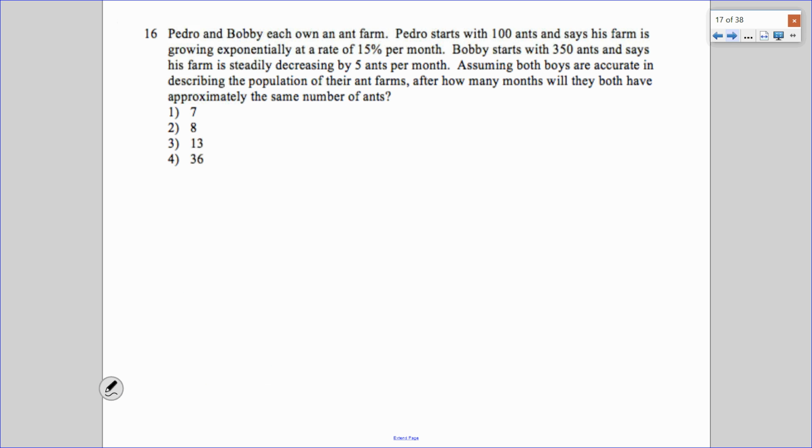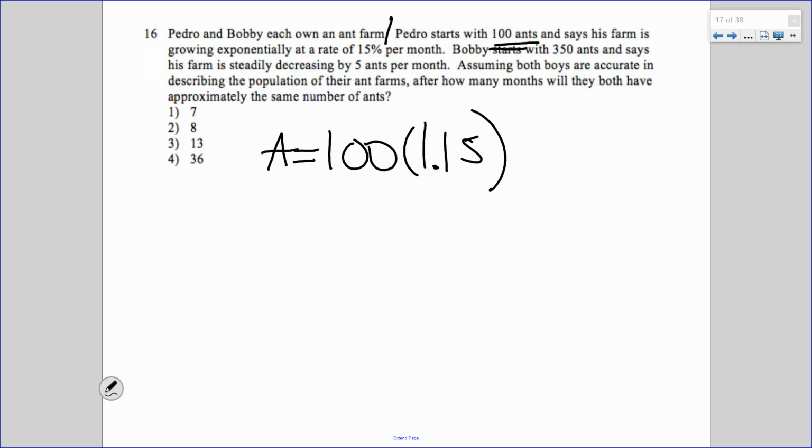Pedro and Bobby each own an ant farm. Wow, that's so cool. That's totally what all high school kids do, right? Pedro starts with 100 ants and says his farm is growing exponentially at a rate of 15% per month. Okay, so let's make an exponential function for that. His initial value is 100. It's growing at 15% per month, so that's 1.15 to the power of